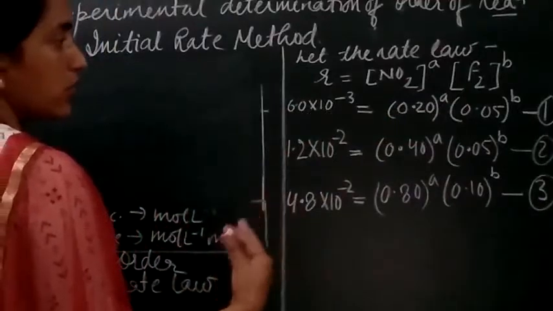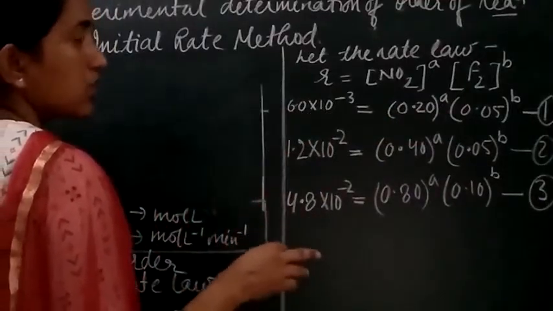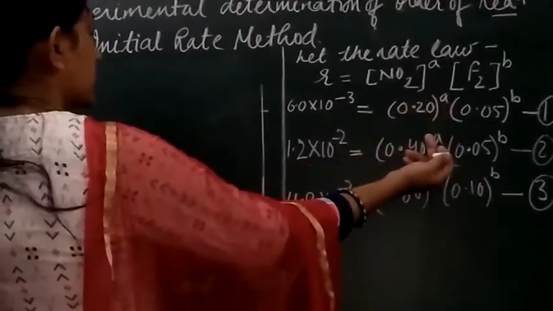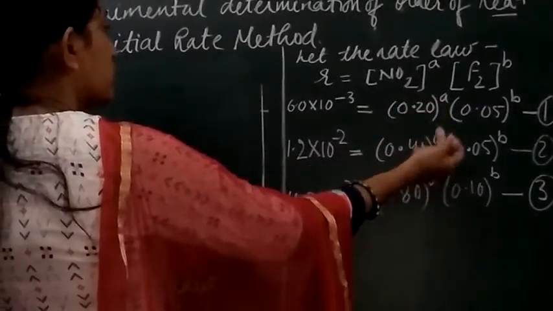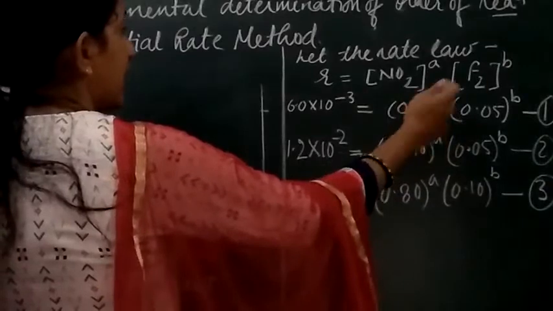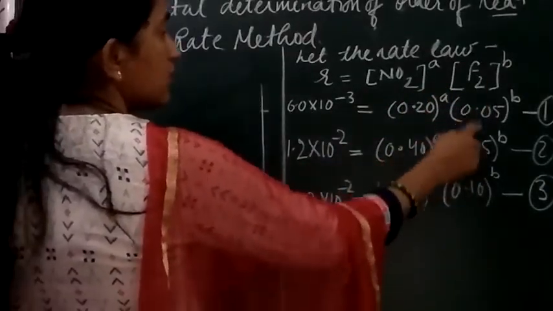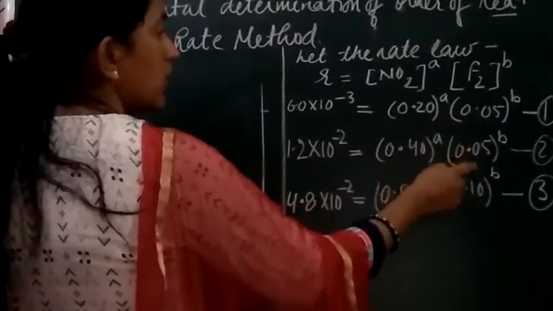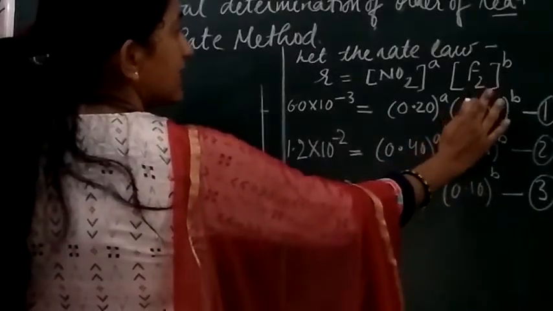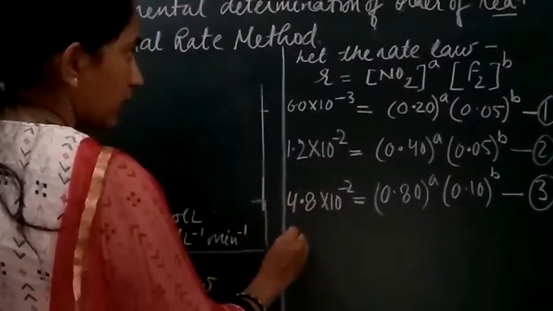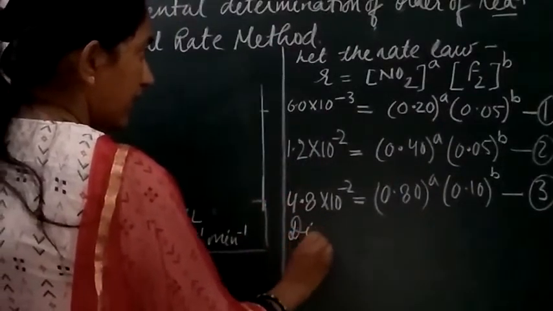Now we can take any two equations in such a way that one of the raised to the power parts, A or B, gets cancelled out. You can see here that when we compare these two, or divide these two, we'll get this part cancelled out. So we'll just write down here, dividing